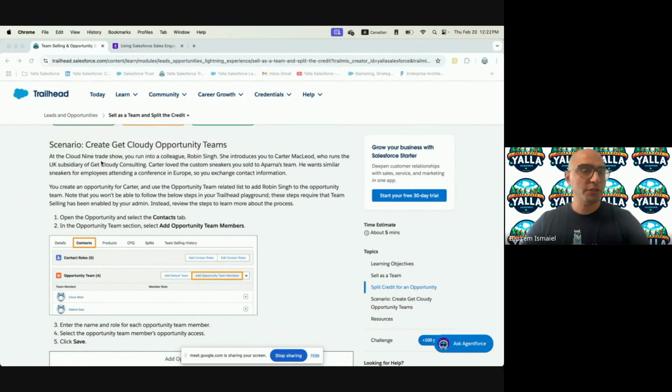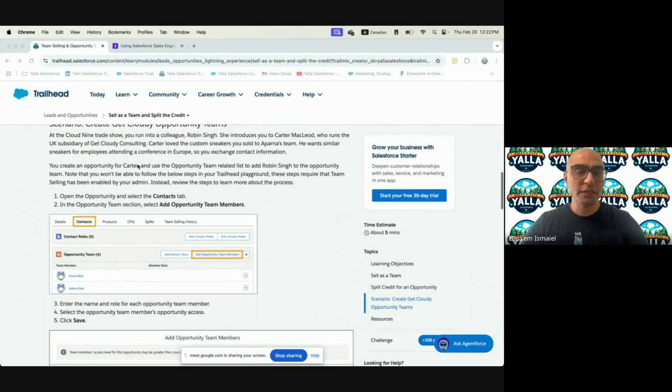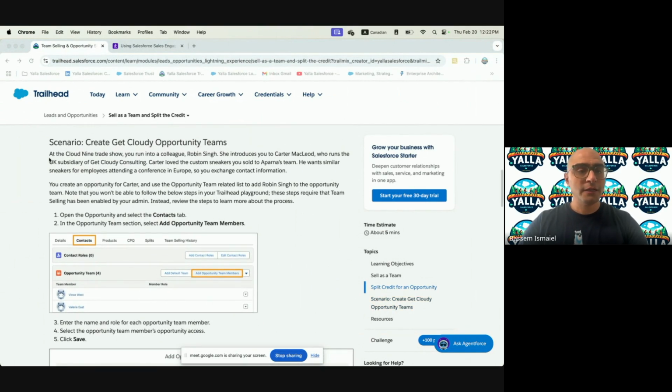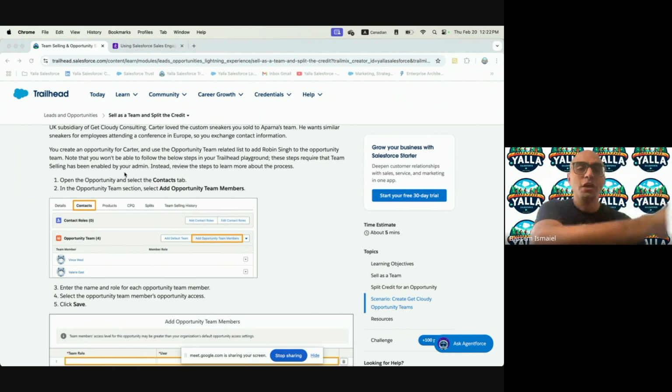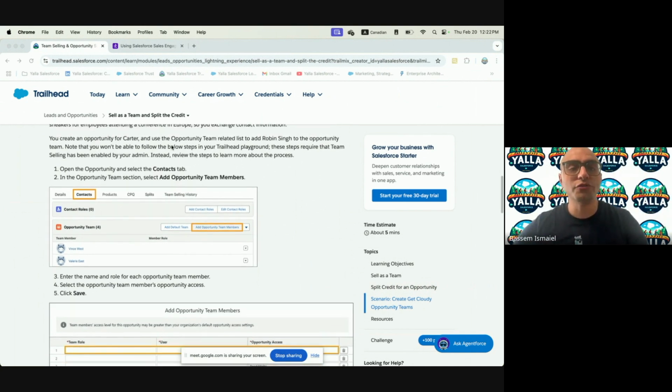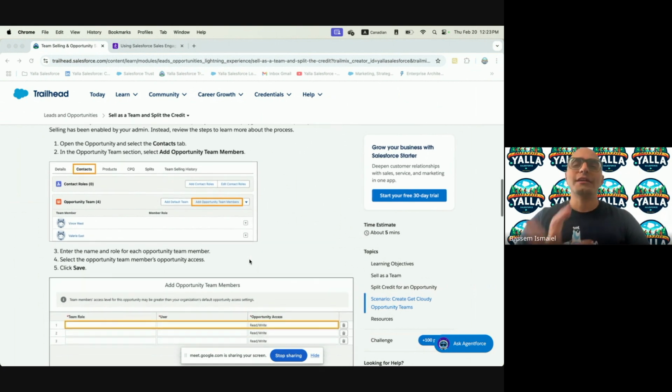Create get cloudy opportunity teams. We talked about the opportunity teams, and Get Cloudy Clear loves custom sneakers. He wants similar sneakers for employees attending a conference in Europe. So you exchange contact information. You create an opportunity for Carter and use the opportunity team related list to add Robin. And this is what we did with our